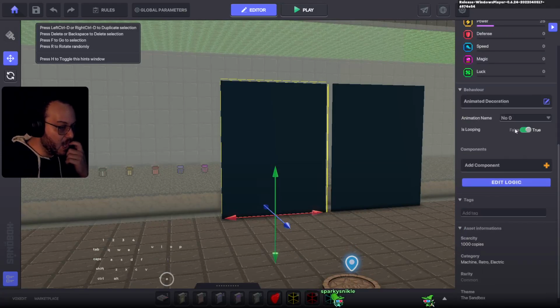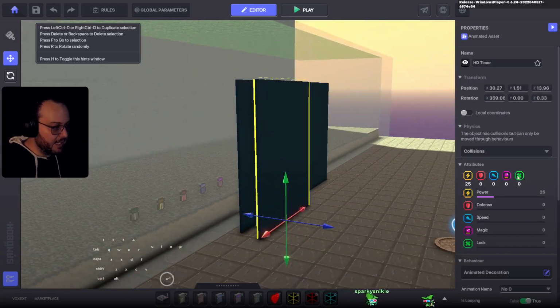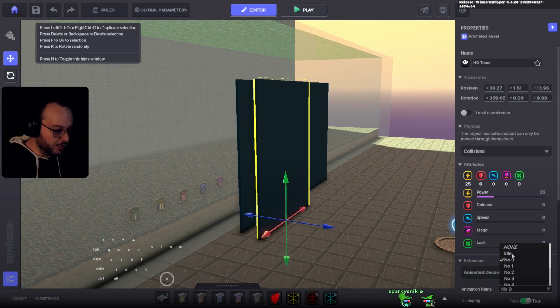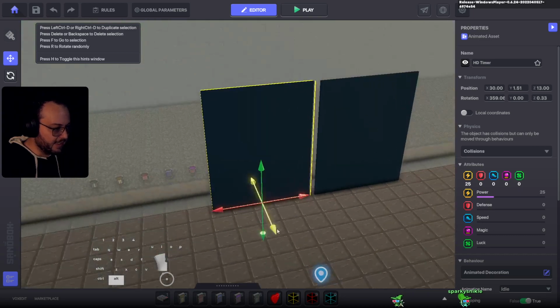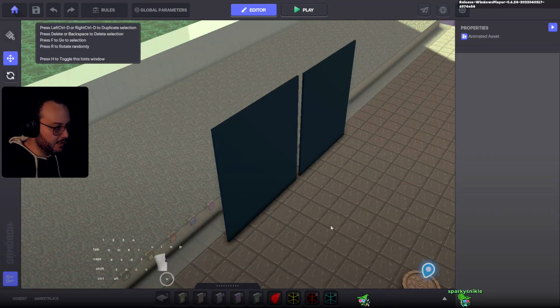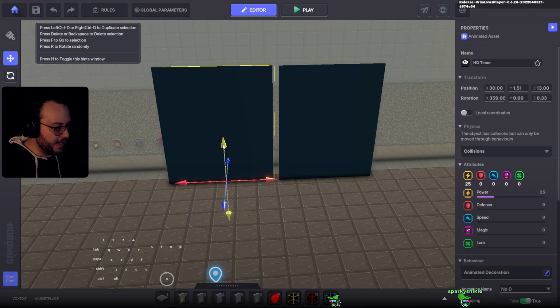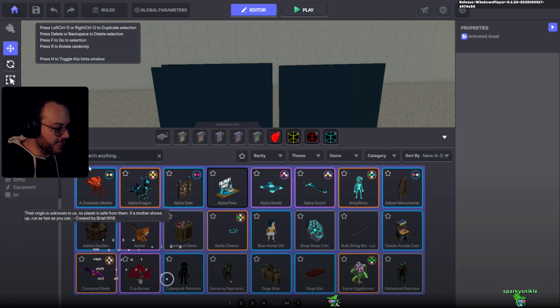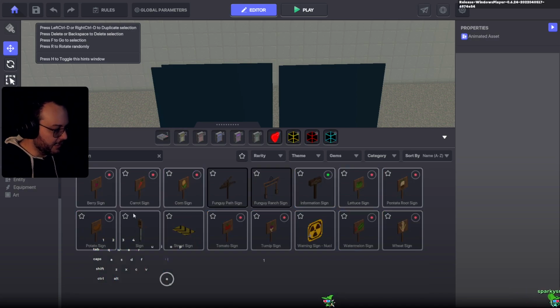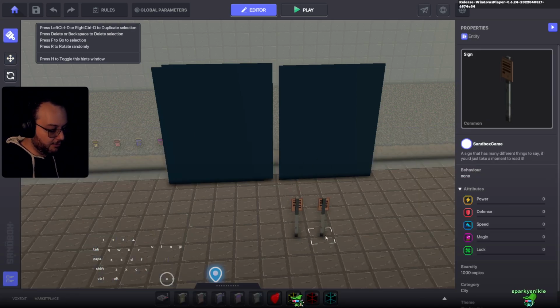So we have basically a default. This default one is going to have idle. And just to test things, because it's always good to test, I'm going to stagger it just so I can click it easier. And then I'm going to have a sign that I can click to turn off and on